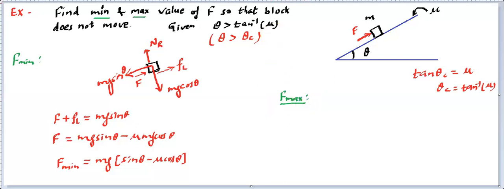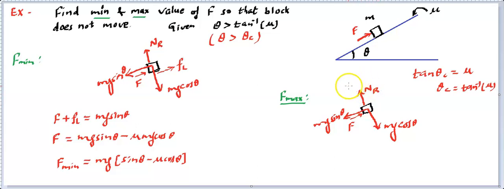Similarly, we can also work out the maximum force that you need to keep the block stationary. Again, draw the free body diagram. When you draw the free body diagram, you need to draw all the forces as we have just drawn over here. Mg does not depend on whether it moves upside or downside, so it will have these two components, mg cos theta and mg sine theta. Now the force that you are applying, we need to find this force, so this force now will be called the maximum, so we are applying this maximum force F, and there's going to be normal reaction acting.